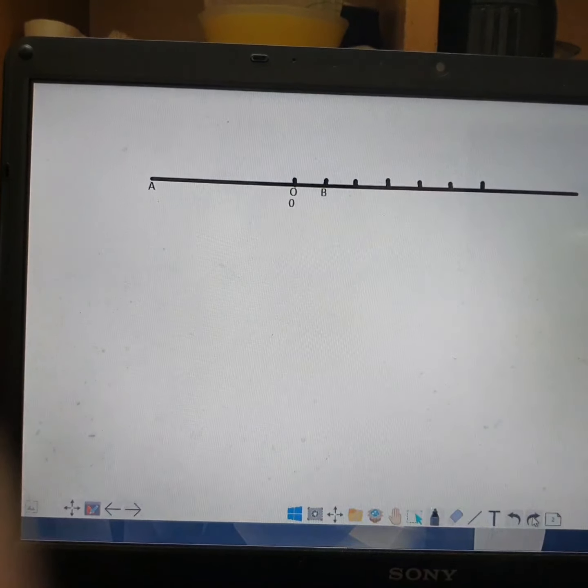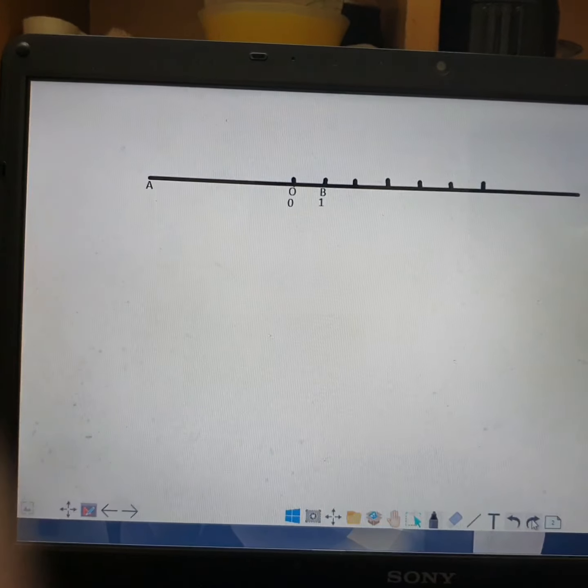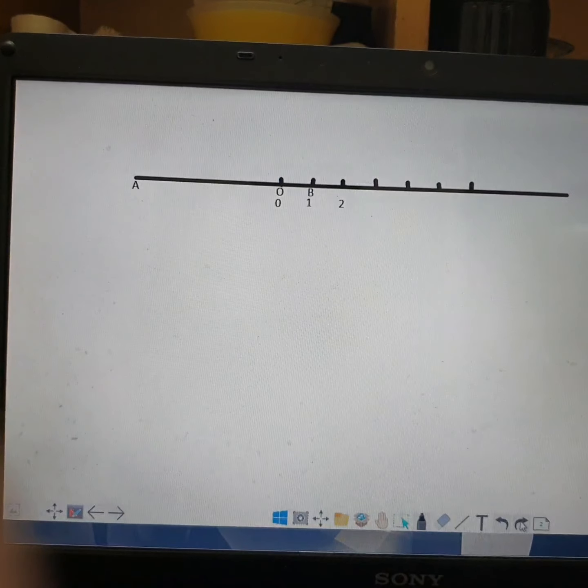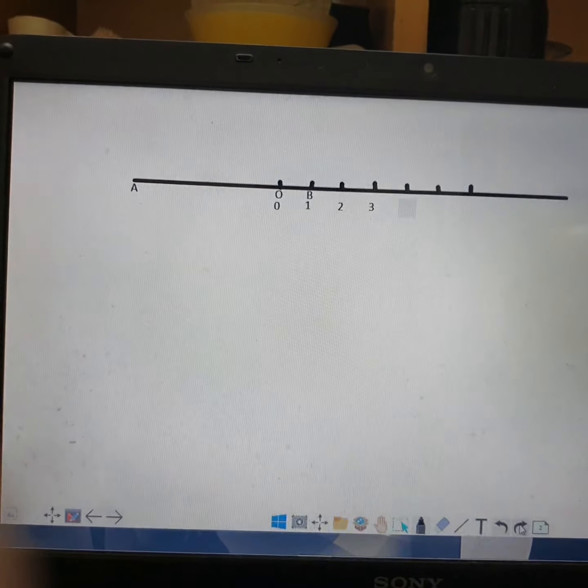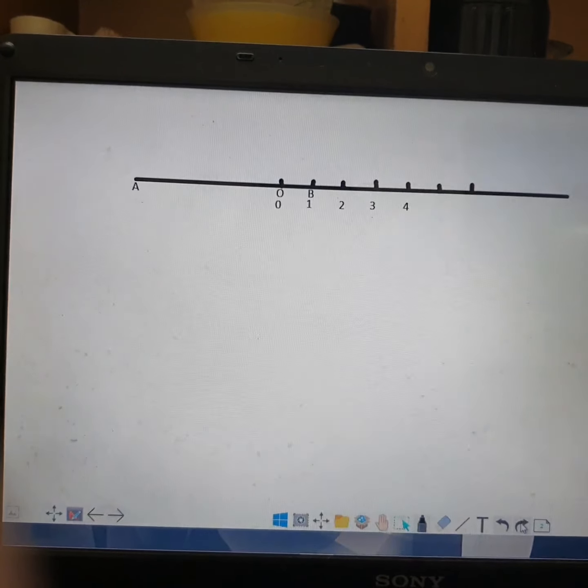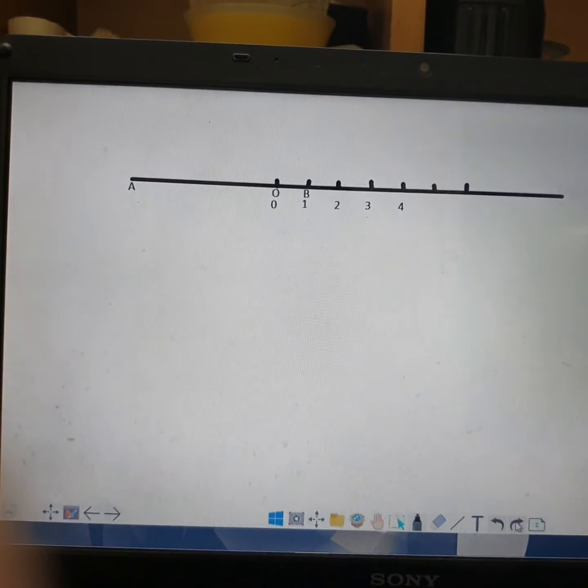Once this is done, the next step is to do the labeling. Here you can always mark the starting point as A, and where you have the 6.5, that is your O, the origin, and the next is your B. Now I will do the scaling. That is your origin, that is your 0. The next markings are 1, 2, 3, 4 and so on. That is your number line. So step 1 is to represent a number line.